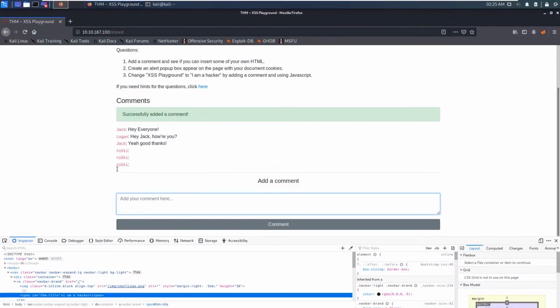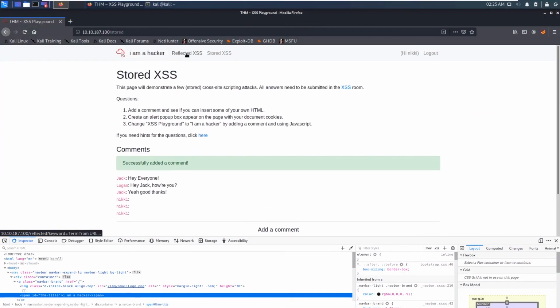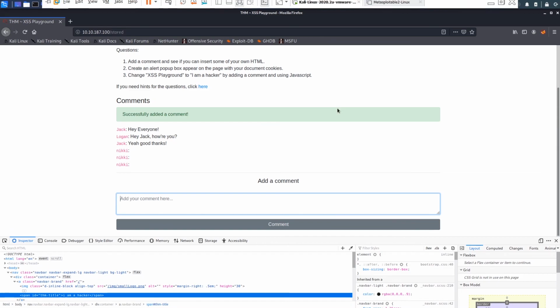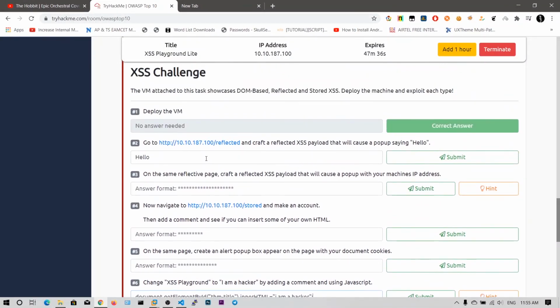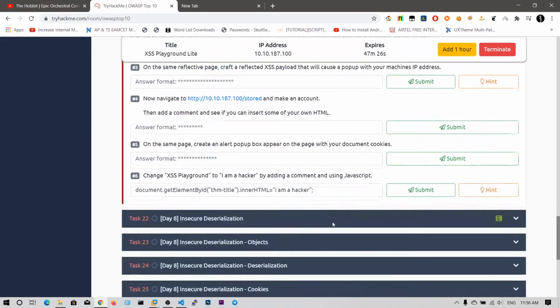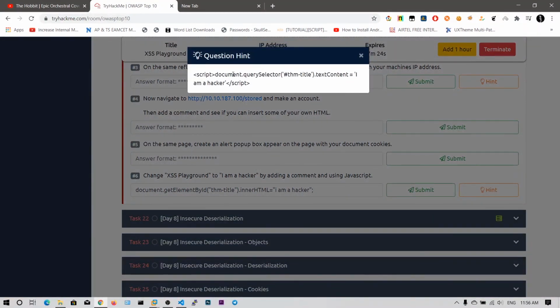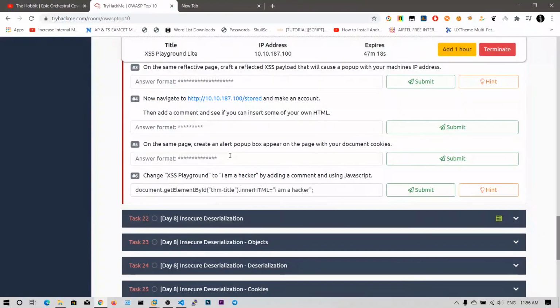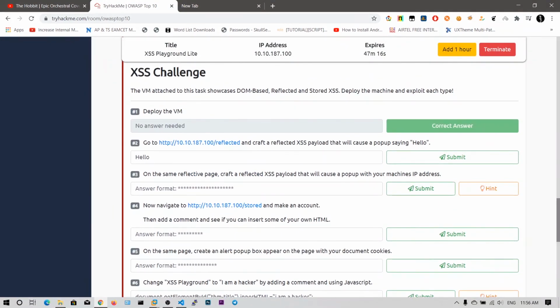So our challenge has been completed. So far we have seen the reflected and the stored XSS. We have seen the two important JavaScript values or functions, say window.location.hostname, and also here they are mentioning the new one, that is the jQuery selector. You can select the tags and you can just change the value. So that's all about this XSS playground room. So I hope you have understood.